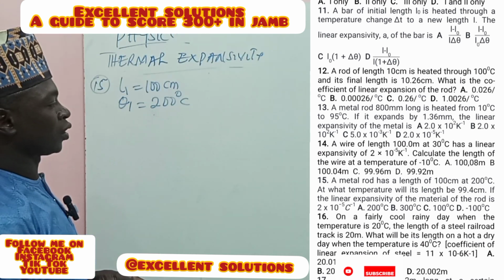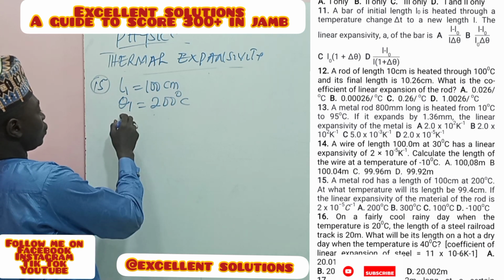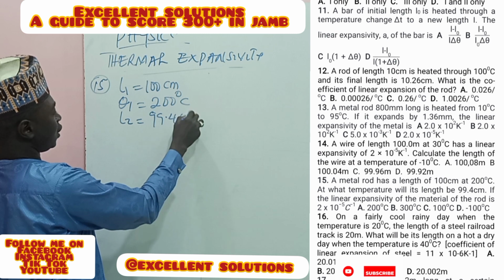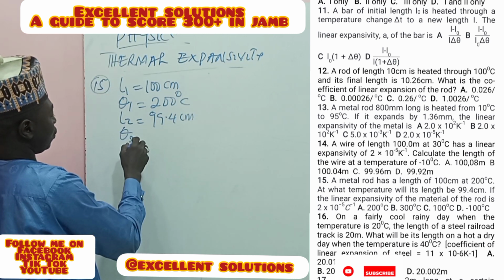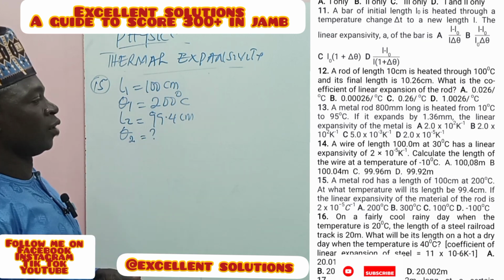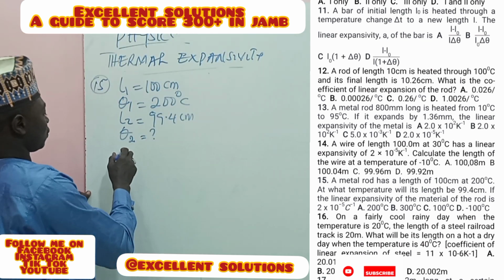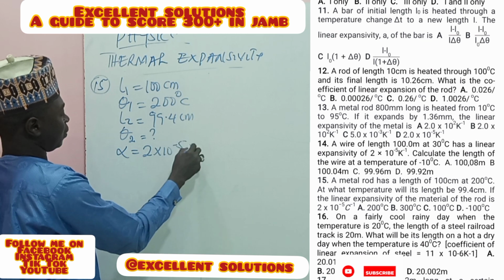At what temperature will its length be 99.4? So L2 equals 99.4 centimeters. We are looking for what temperature, which is theta 2. If the linear expansivity of the material is 2 exponential minus 5, alpha equals 2 exponential minus 5